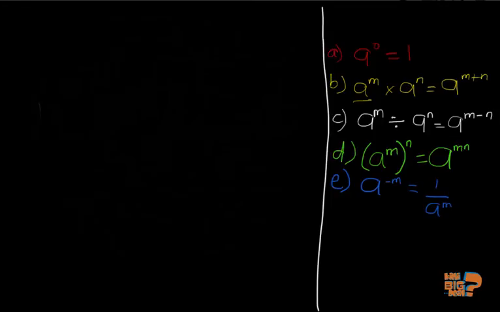At the risk of sounding like a broken record, let's go over the idea again. It's quite confusing if you're not very careful. It says a raised to power minus m is equal to 1 over a raised to power m. Now let's do something real. If you are told to evaluate 2 raised to power minus 3,